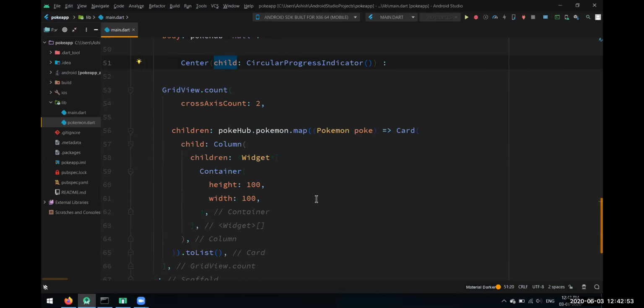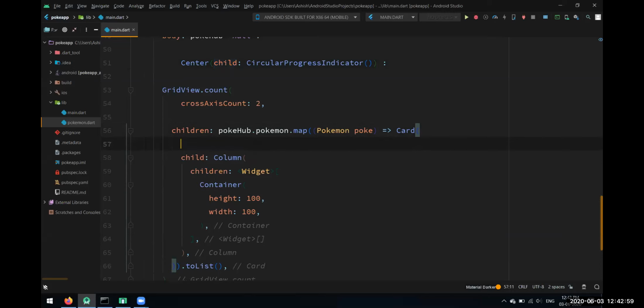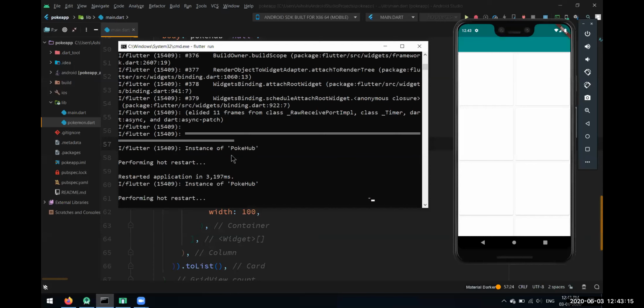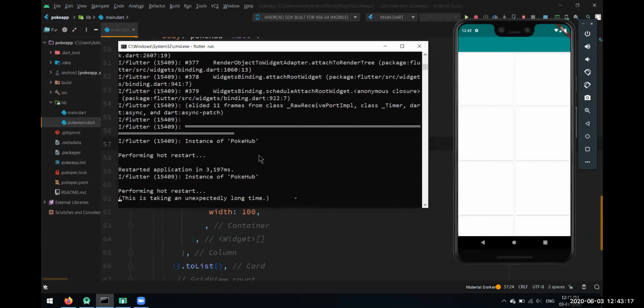I think the cards are not being highlighted, so let's decorate these cards. Let's give it an elevation of 10 pixels. It will just give a little shadow to that card. Let's hot restart again and see what we are getting.